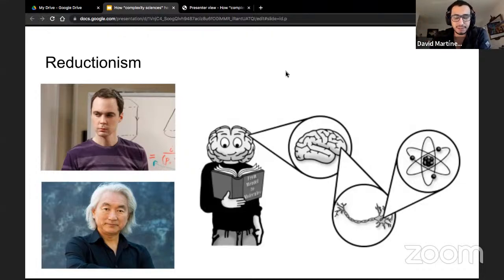Because reductionism, although it was very useful in the past, and it's very useful today, yet it is more adequate to solve little problems. But if we want to approach real global issues like global warming, social injustice, and other stuff, we should use another perspective that I propose today.